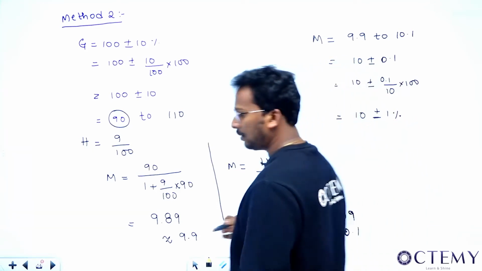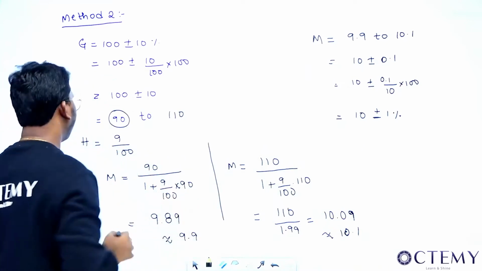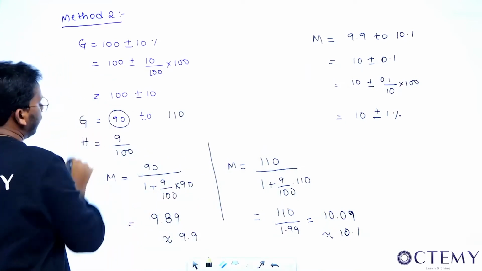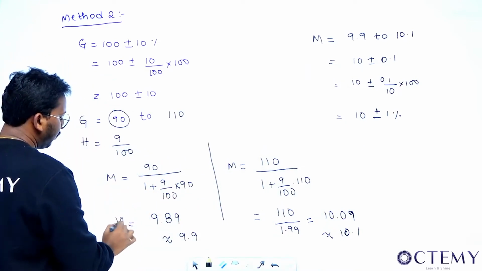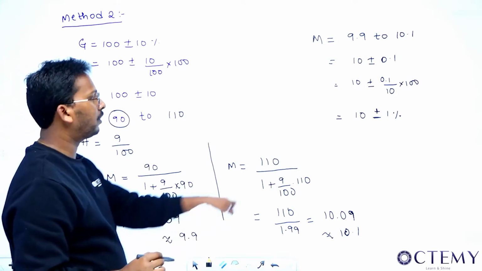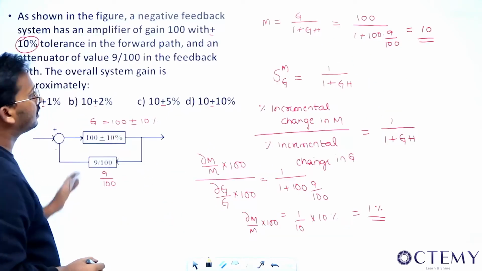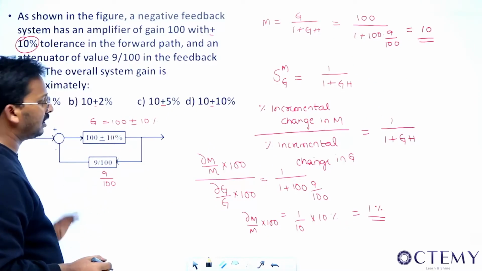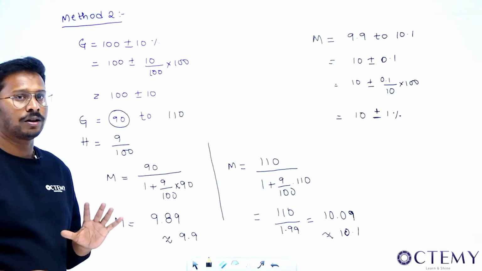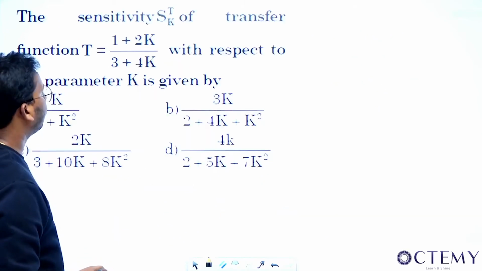So the other basic way of solving this particular problem is you take the range in G. For that you find the range of M. You might not get accurately, but approximately you can check the answer, right? The exact way is the other way, but just in case if you forget, this is another way to solve this, right? Very good. Let me go to the next question.